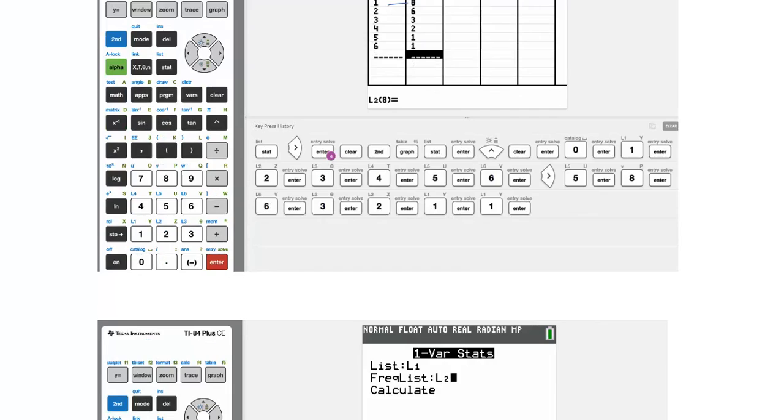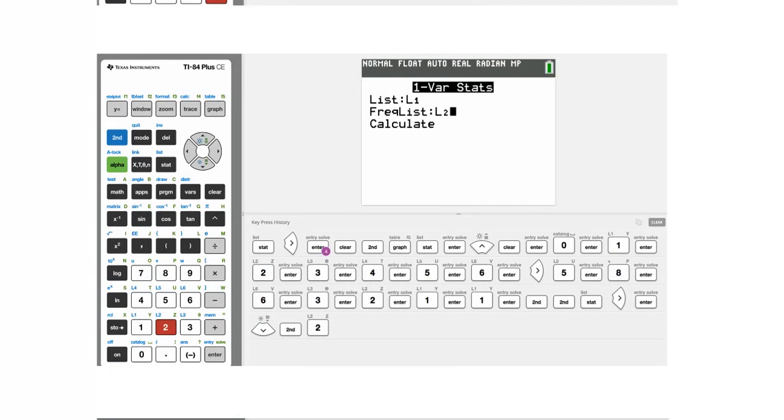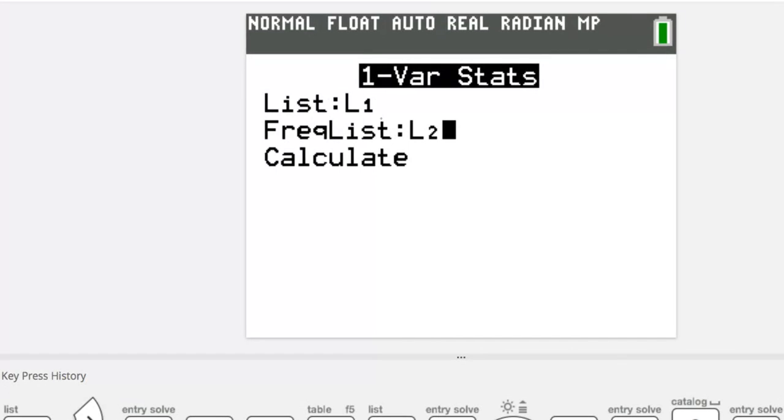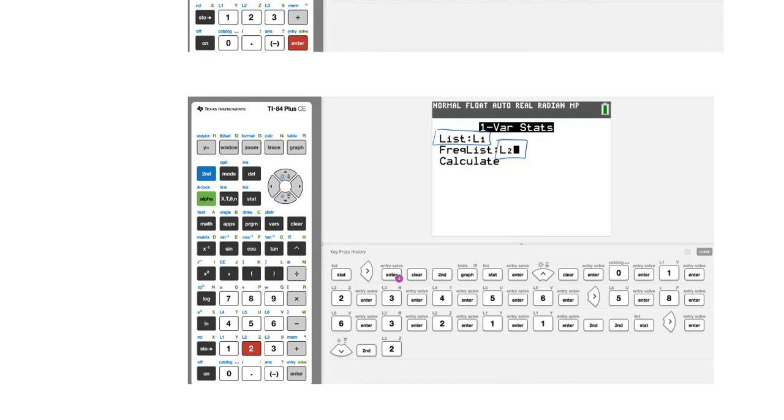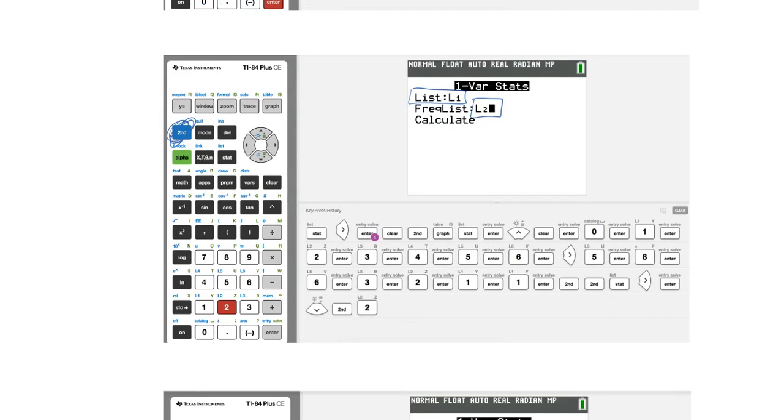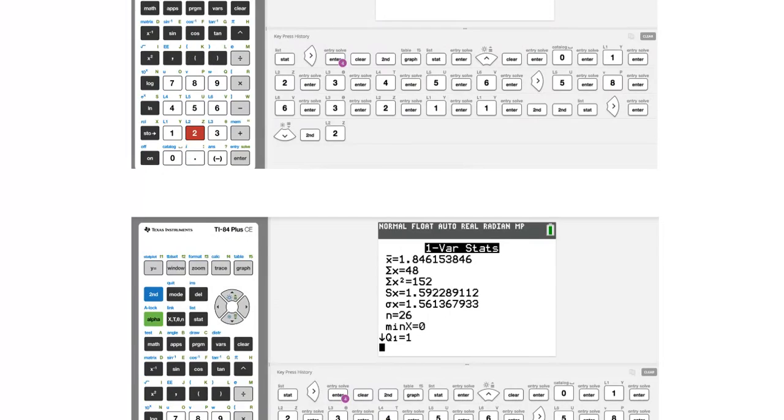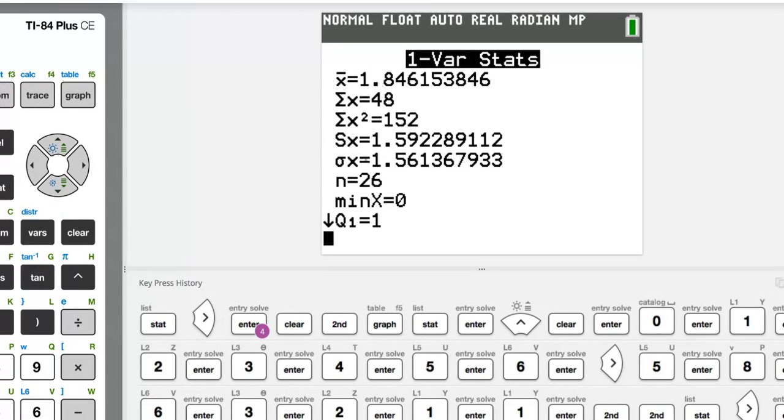We're going to press the stat button again, move to the right to find the one variable statistics. But the big difference is that now we do have frequencies. So you leave your list as whatever you had last time, so that's probably going to be L1 again. But in that second column, that was L2, were the frequencies. So you're going to need to write in that column. So you press the blue button and then the number with L2, which in this case is a 2, and you make sure that appears, then move down to the calculate button, press enter, and you're going to be able to find it. Our answer here is